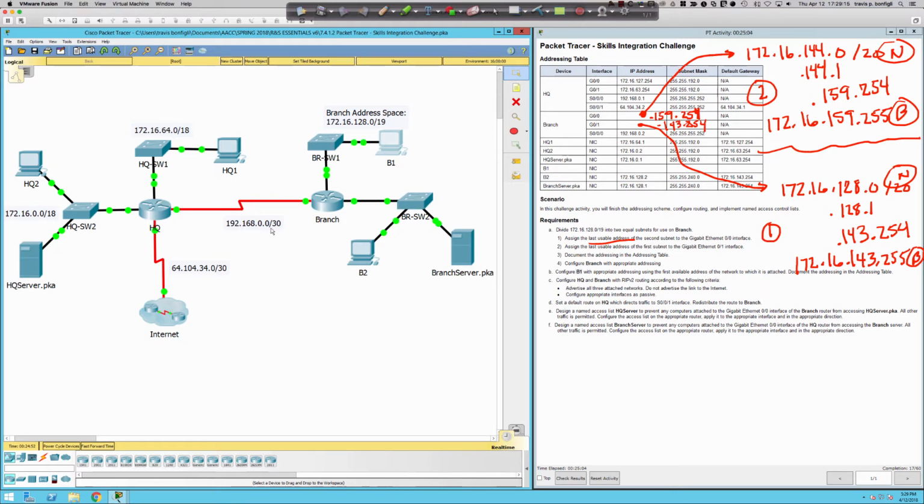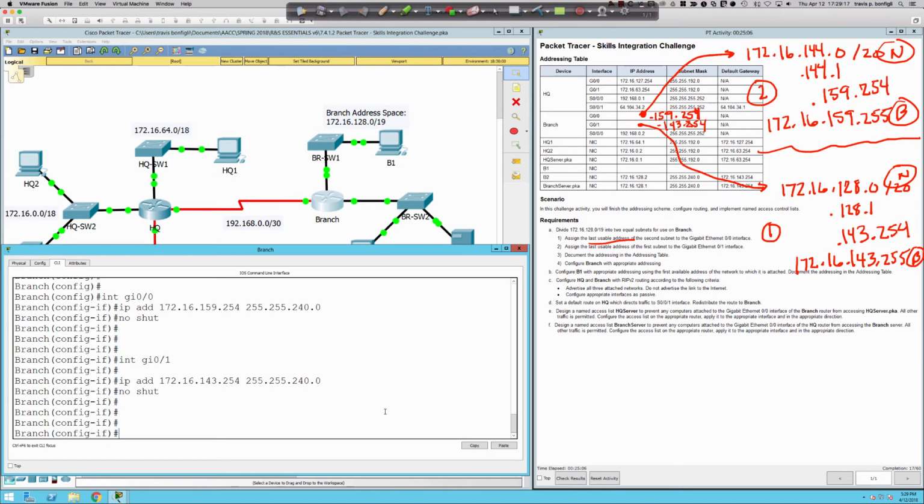Okay. So let's go ahead and knock out, since we're on branch right now, let's go ahead and get our RIP v2 taken care of. So what do we say? We say router rip. I say version 2. I say no auto-summary. And now I need my network statements. So we're going to have the 2 networks that we have over here. Remember these 2 /20s we just created,